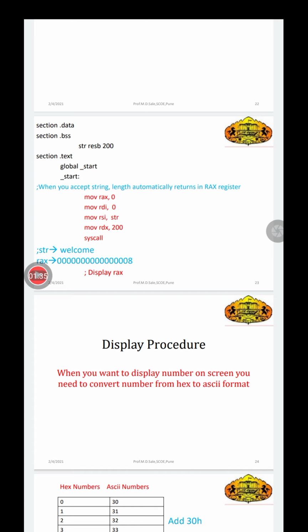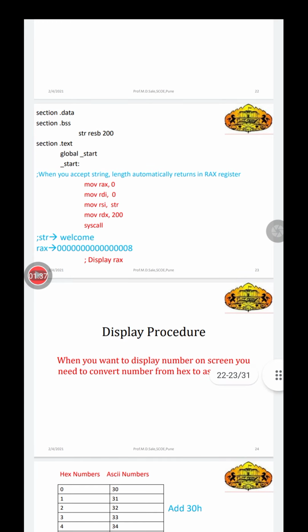Now we have to use the read system call. Under section .text we are writing global _start:. We are writing the read system call. We know the function number for the read system call is 0, so we have written here mov rax, 0. Mov rdi, 0, since we are accepting it from the keyboard.